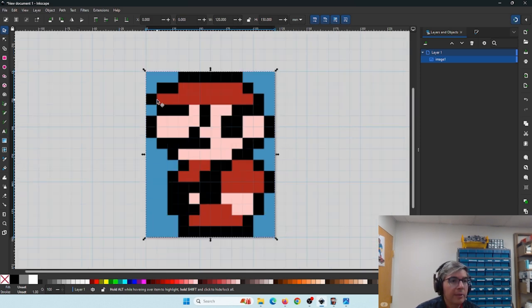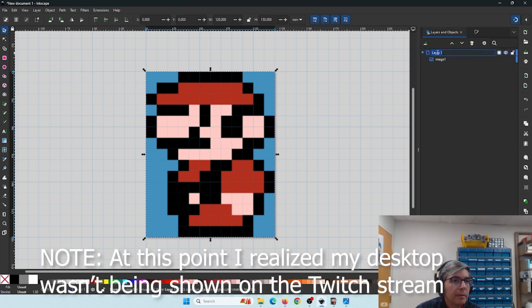Now we're going to look at our layers. Layer 1 is just the sprite image. And now what we're going to do,